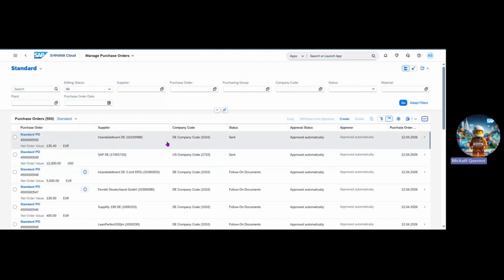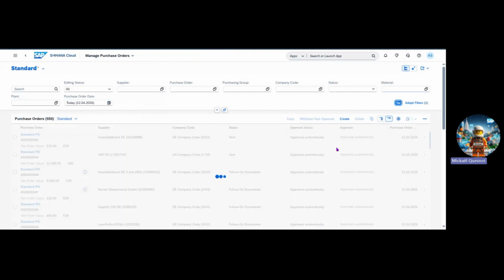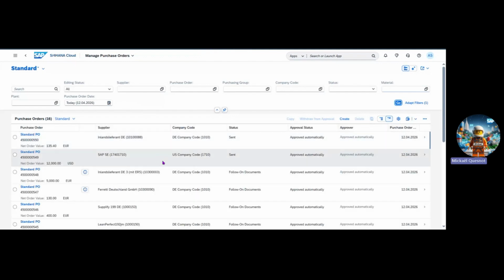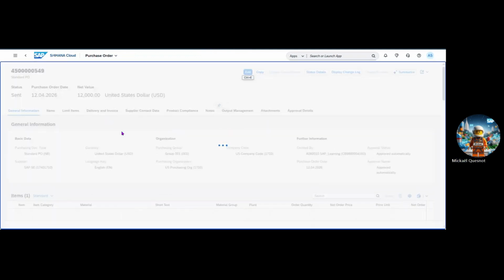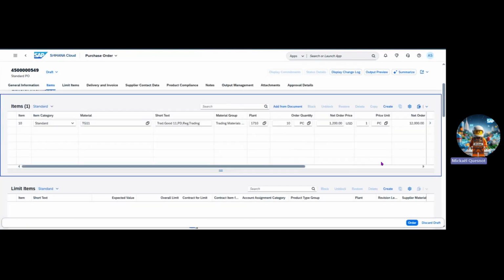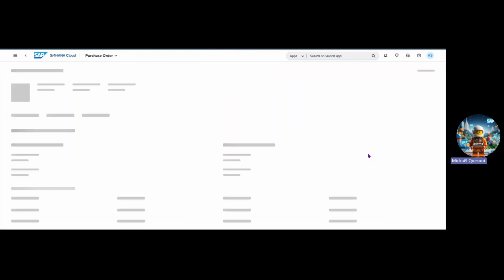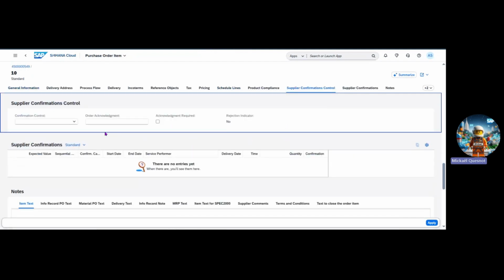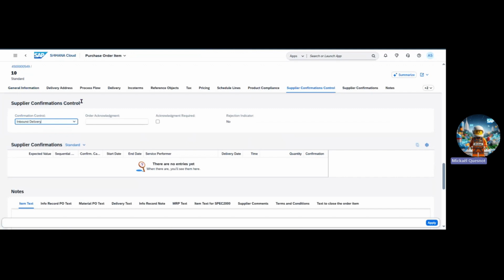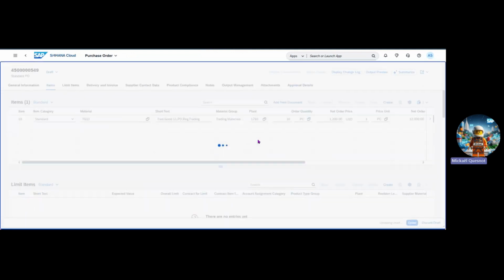So okay, I create, approved automatically. Yeah, and the purchase order date is today. Go. I've created for the first one, and I think I need to do it for the second one. It's 459. Edit item in the detail, exactly per set, and supplier confirmation controlled. I select inbound. I click on apply. I save